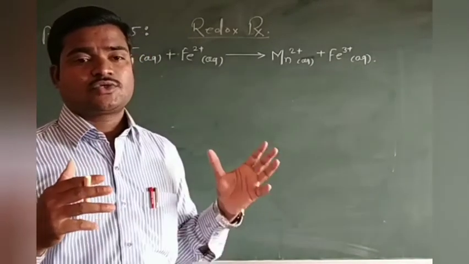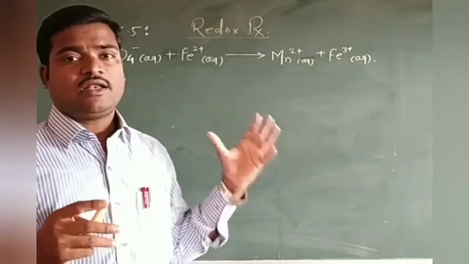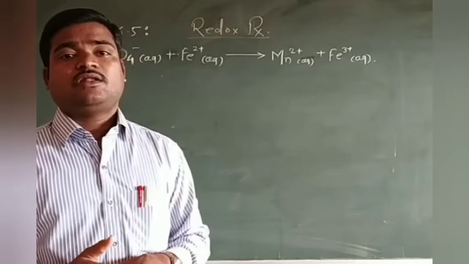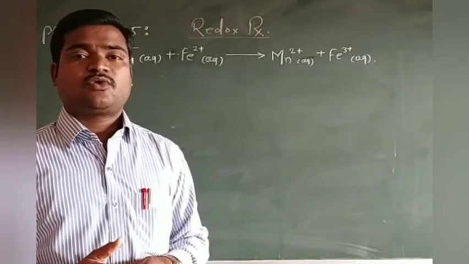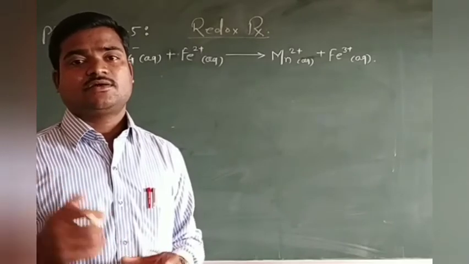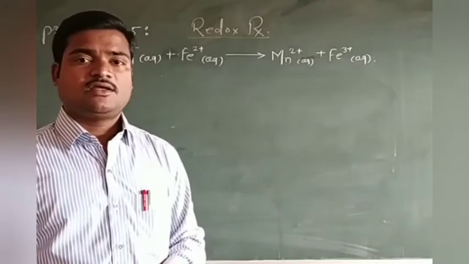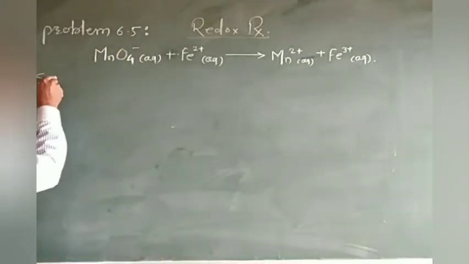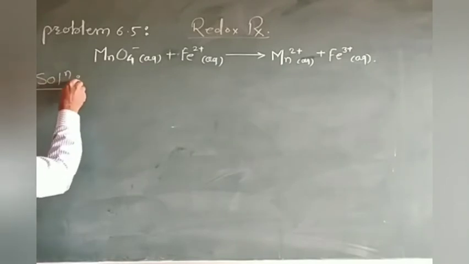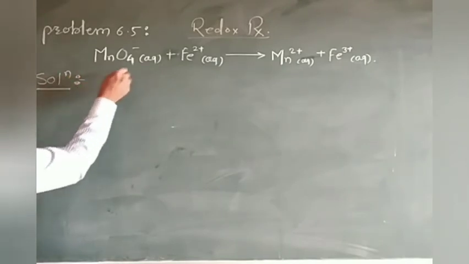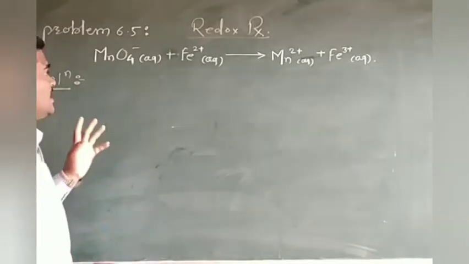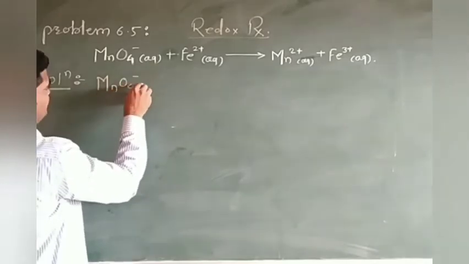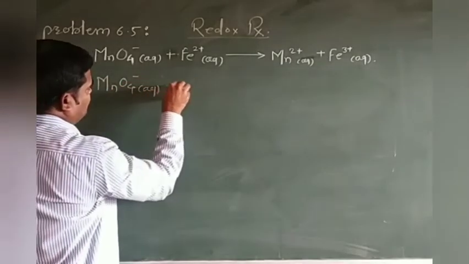Students, first of all, in the solution we have to take the ionic equation of the redox reaction as it is. Then we will find out the corresponding ionic states, or you can say the oxidation numbers, of each element present in a species. So first of all we will represent the given ionic equation as it is. For that I will write this equation as it is here in ionic form.